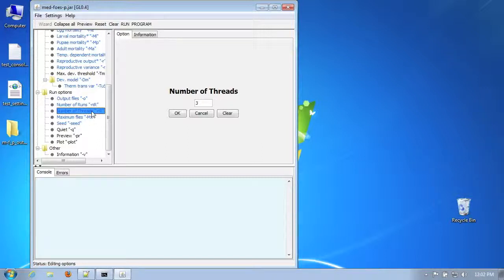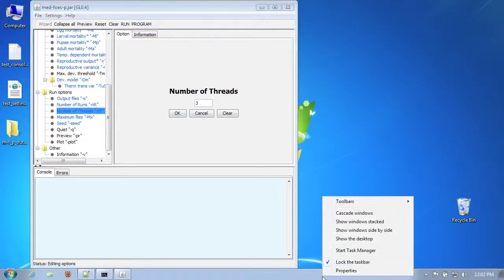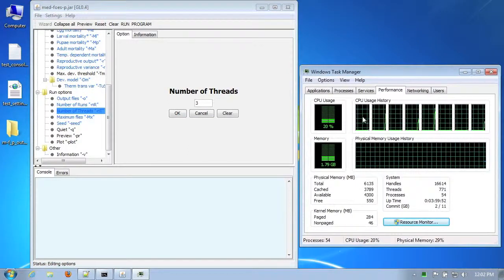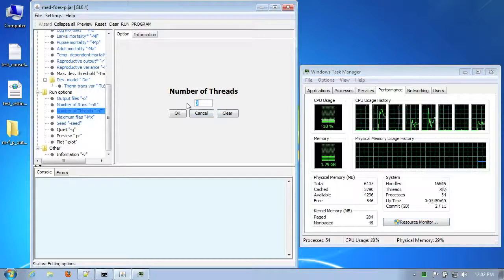On most systems, the best way to do this would be to set this number to be the same number as the number of central processing units you have on your computer. So to check that in Microsoft Windows, you can right-click on the taskbar and go Start Task Manager. And in my computer, for instance, you see that there are 8 separate CPUs. Some of them are already being used, so perhaps I'll set this number to be a little bit lower, perhaps to be 6